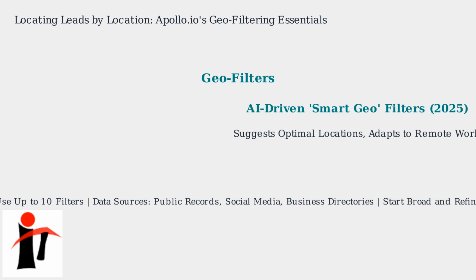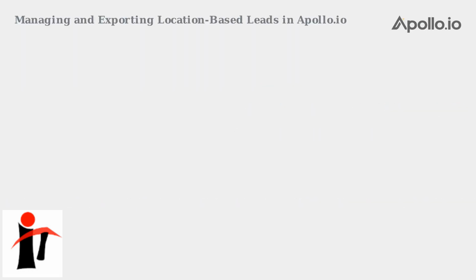Use up to 10 filters. Data sources include public records, social media, and business directories. Start broad and refine. Once you've filtered leads by location, save them into customizable lists for segmentation, such as NY